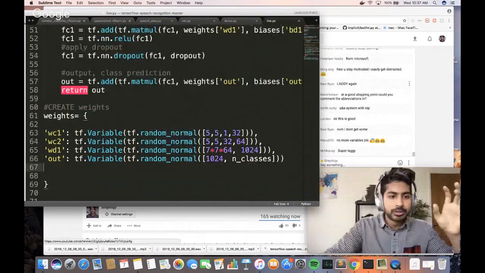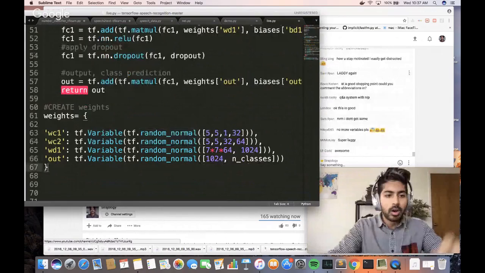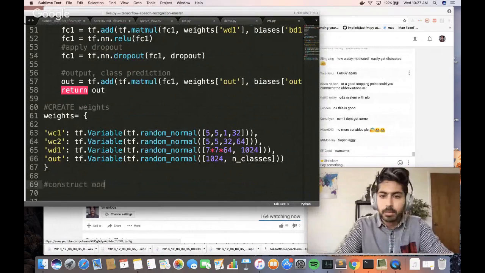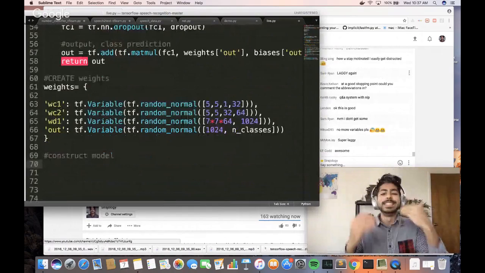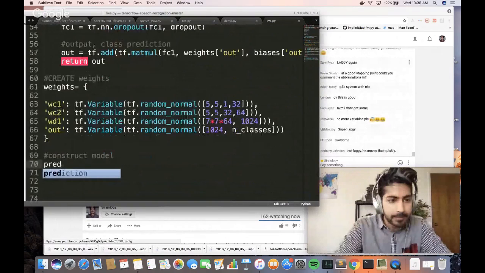Now, let's go ahead and construct our model. Okay, so let's construct our model. And let me know if it's laggy or not. Like, let me know if it's not laggy, because I would appreciate that. So let's construct our model. Well, guess what? We already defined our